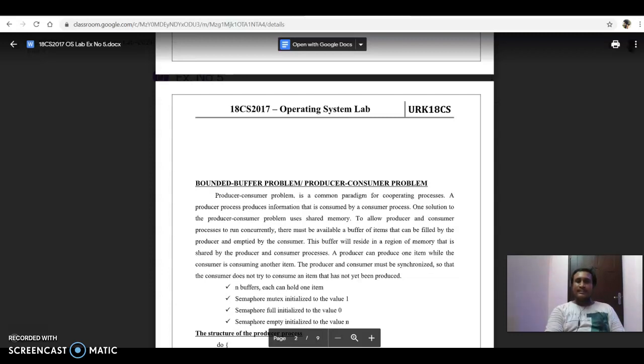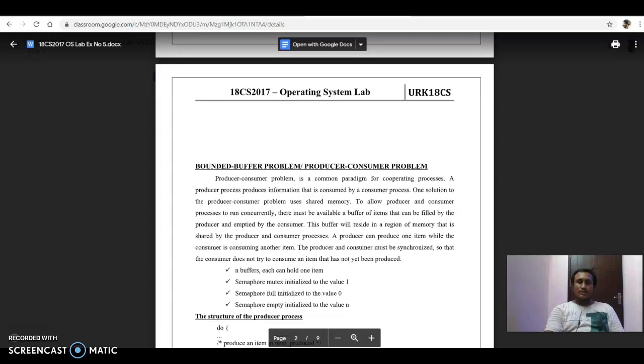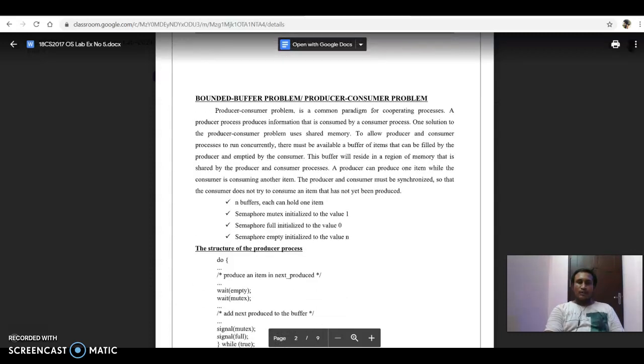The buffer will reside in a region of memory that is shared by the producer and consumer processes. A producer can produce one item while the consumer is consuming another item. The producer and consumer must be synchronized so that the consumer does not try to consume an item that has not yet been produced. The buffer can hold one item. Semaphore mutex is initialized to the value 1, semaphore full is initialized to the value 0, semaphore empty is initialized to the value n, and